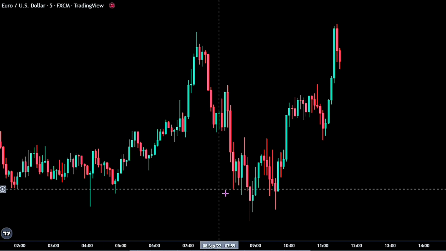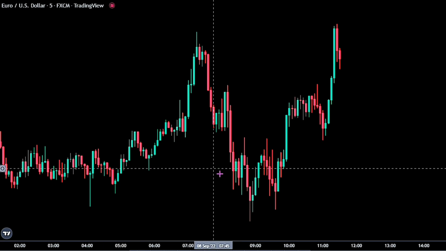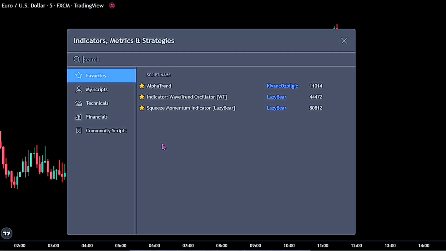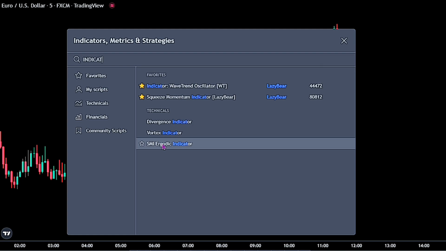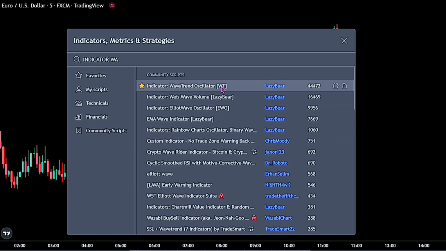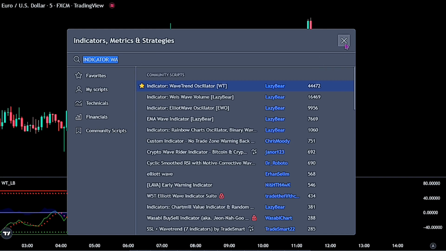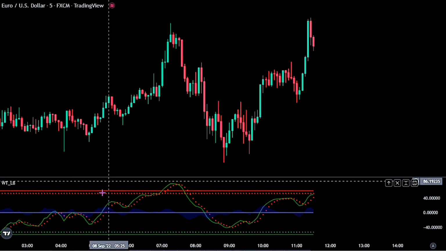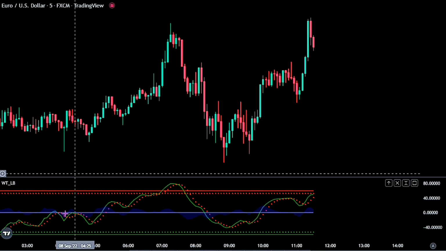Now please note that this is a separate indicator, as it does not draw the patterns on the chart but on its own separate pane. So let's go ahead and add the indicator for the strategy. Bring up the indicator panel and search for the indicator Wave Trend Oscillator by Lazy Bear. Now this is what we will be using on the chart, so let's go over and make some adjustments to